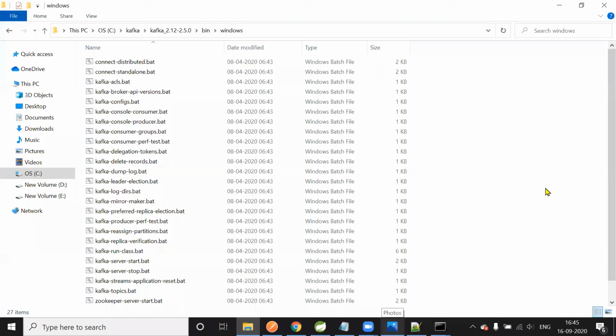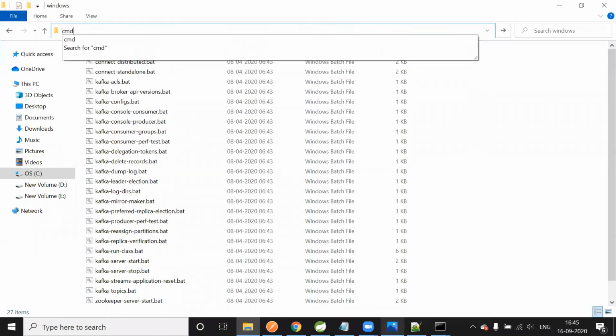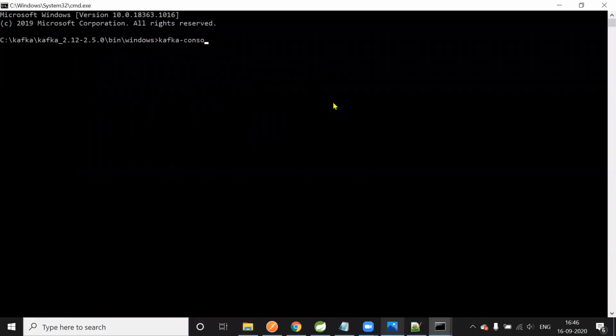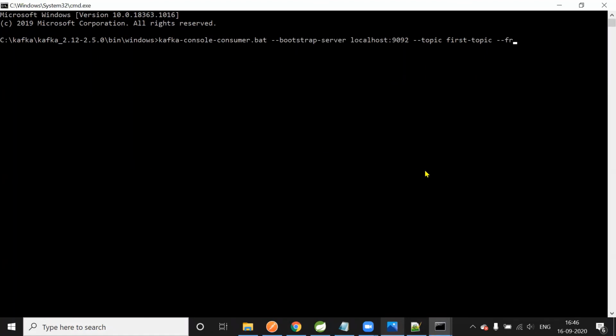Now let us start with the consumer, right? I'll open one more command prompt here. Let me put kafka-console-consumer, with bootstrap server localhost:9092, topic first topic, right? Already a few messages were sent to this topic. If the consumer wants to read all those messages, we can include --from-beginning.